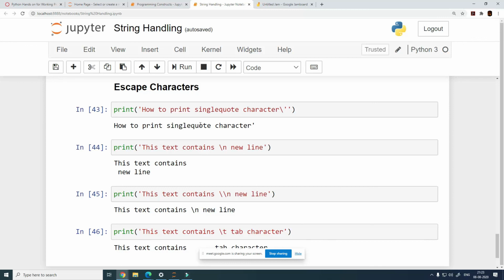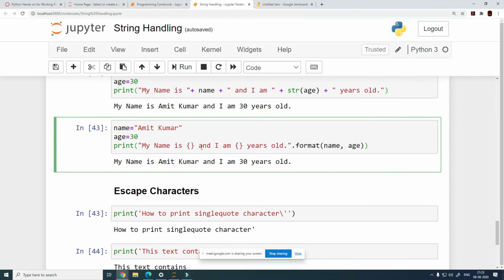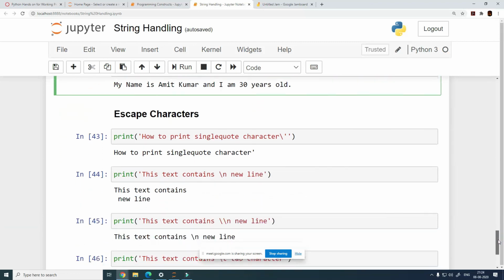So let's see what these are, right? So what we have seen so far is these symbols, right? These symbols, the bracket itself, the double quotes, the equal to, these have a special meaning to the compiler or the interpreter, right? They're interpreted in a different manner. What if you want to print these, right? Let's see where the problem lies, right?